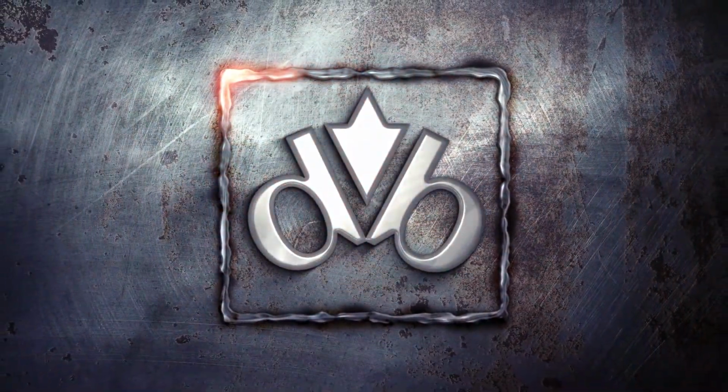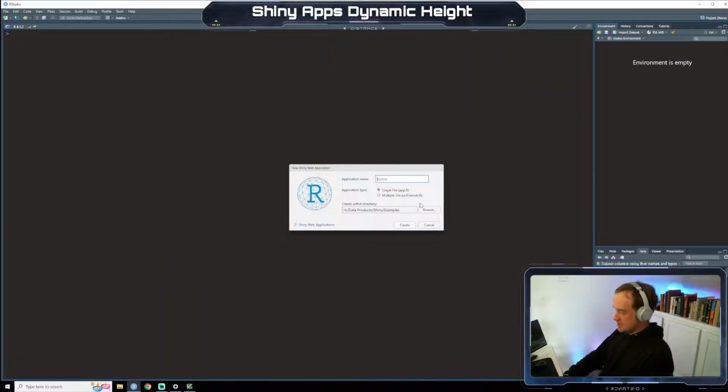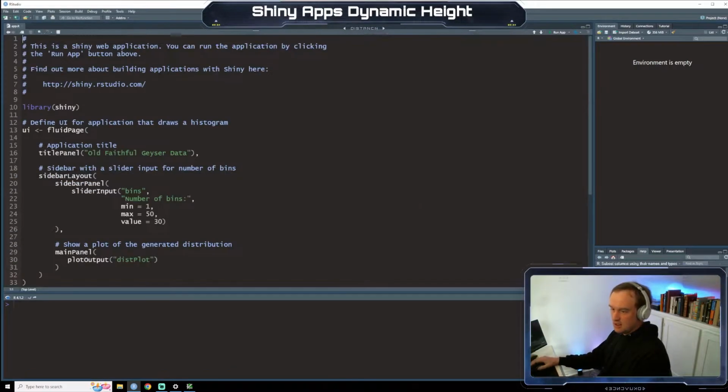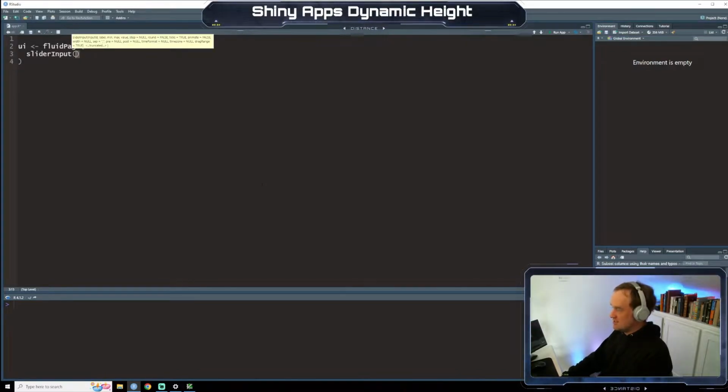Alright, first things first, new file, Shiny web app. We'll call this dynamic height. Alright, we're going to select all and get rid of it. First thing, make our user interface, fluidPage. I'm going to say sliderInput. So this is the dynamic part where they can select, using a slider, height,